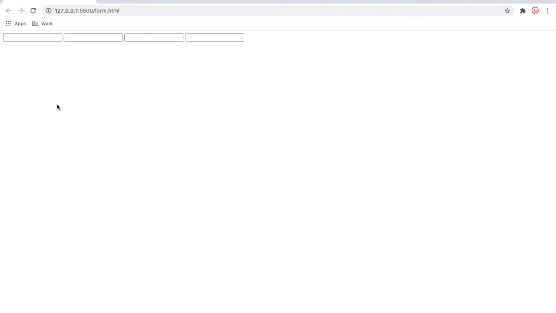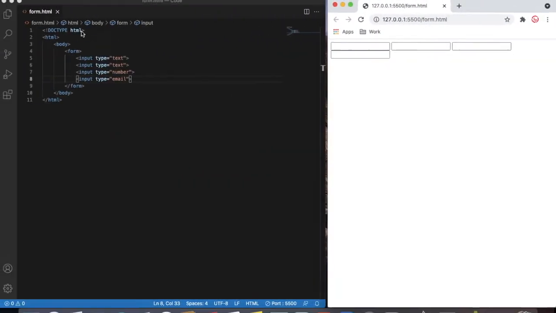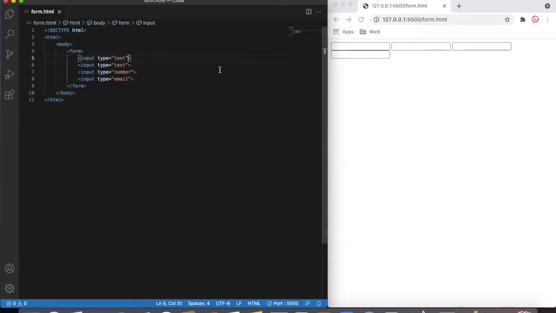Okay, so let's put correctly which input is for which purpose. So I'm going to define that. The first input I have taken for the first name, so we'll do id equal to fname, and then there is one more attribute called name. Name is used for another case.